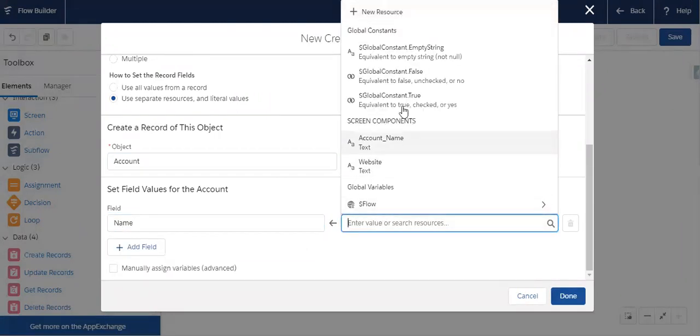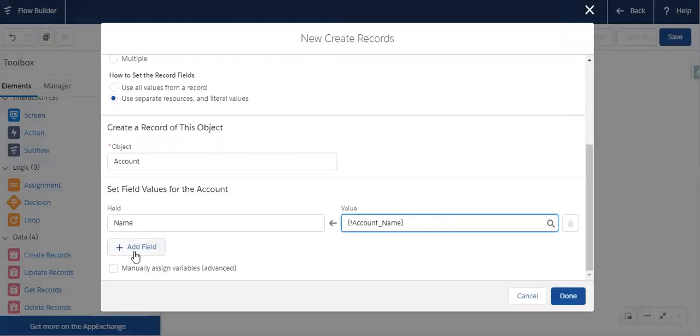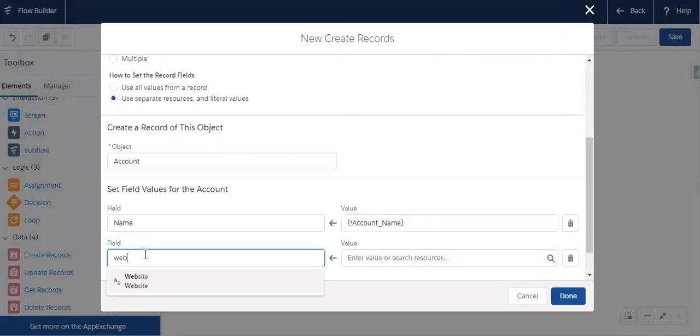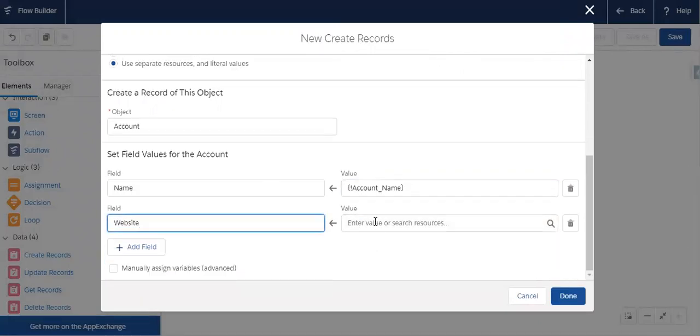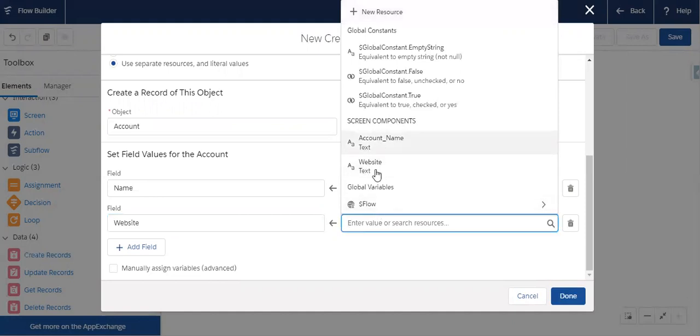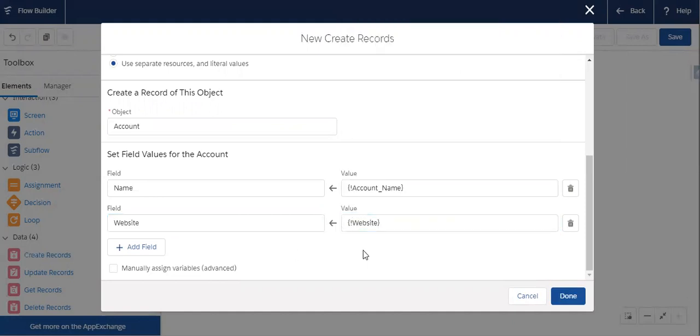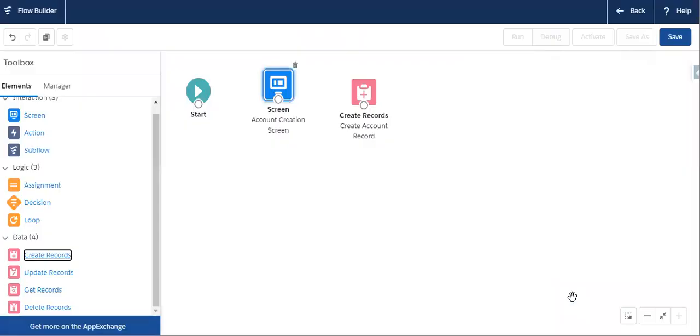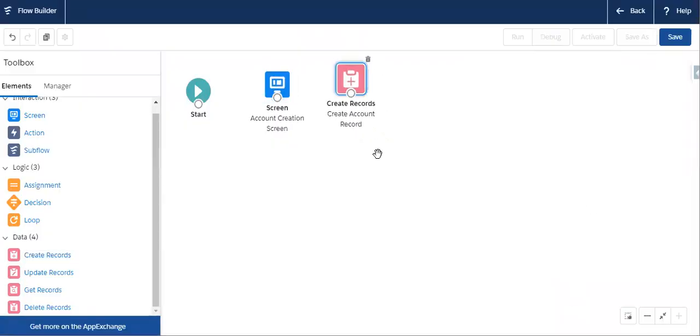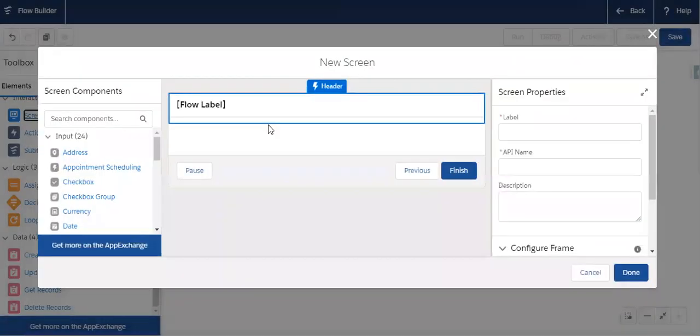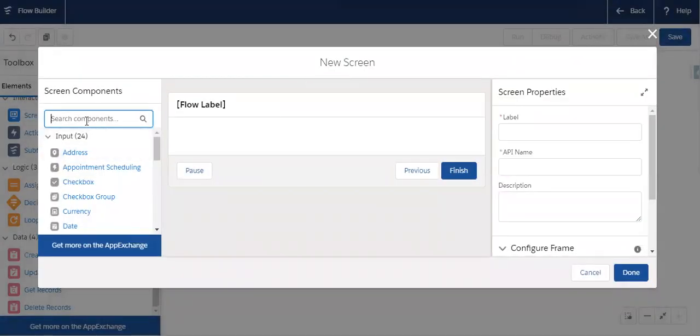That name we can bring from the screen component account name. Let me add the website. I can bring it from the website screen component. Let me click done.